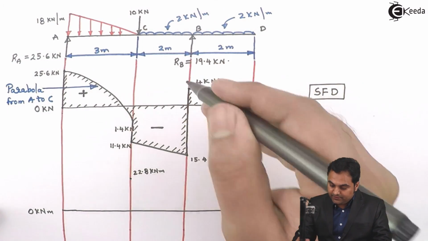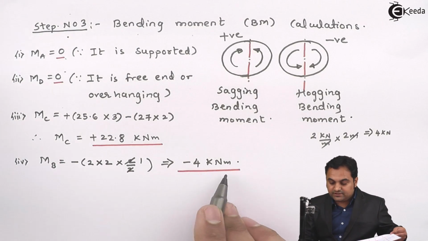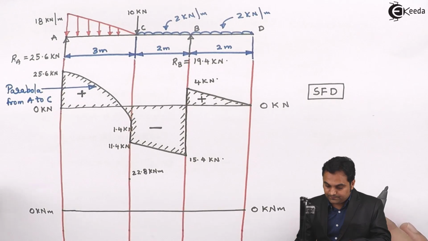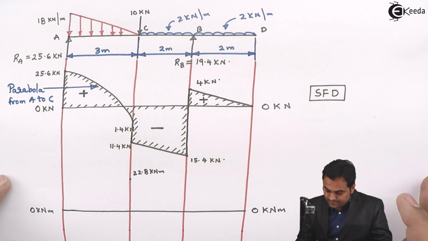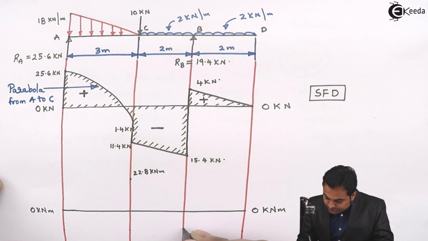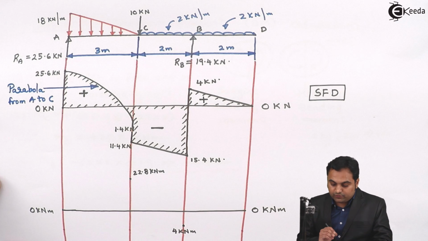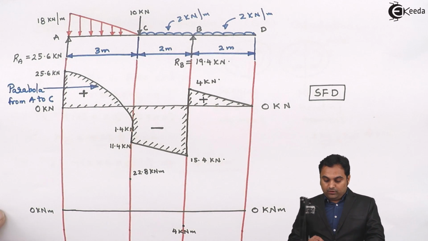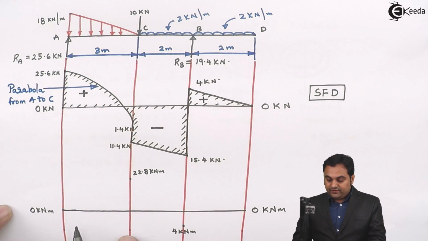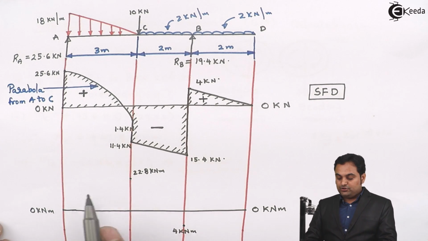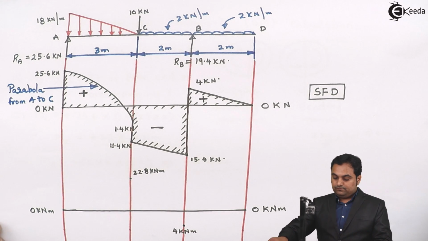Then at B the value is minus 4 kilonewton meter. But now here, after having these 4 values, I will not be joining them, because